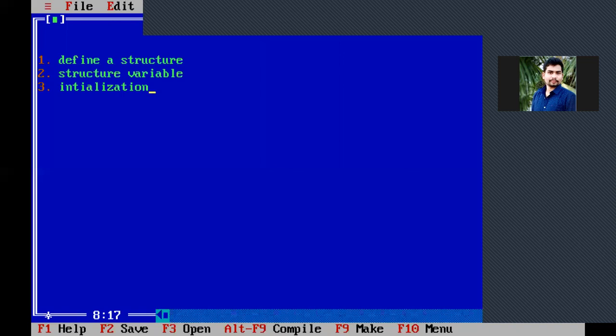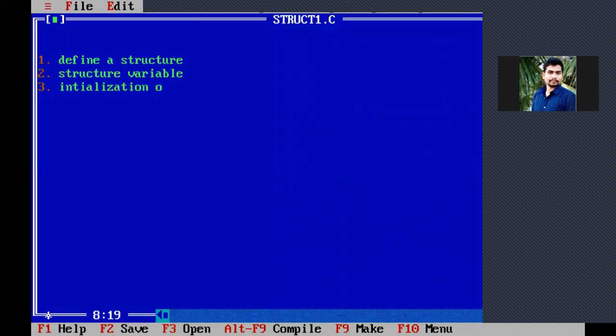Then the third point is initialization of a structure. Initialization means nothing but giving the initial values. And whenever the initial values are given, finally what are we going to do? We will access the values. First we will create the structure, then create the variable.